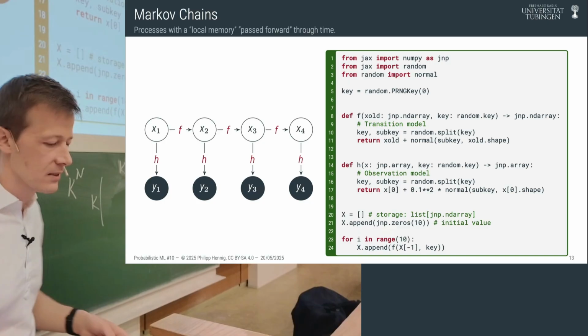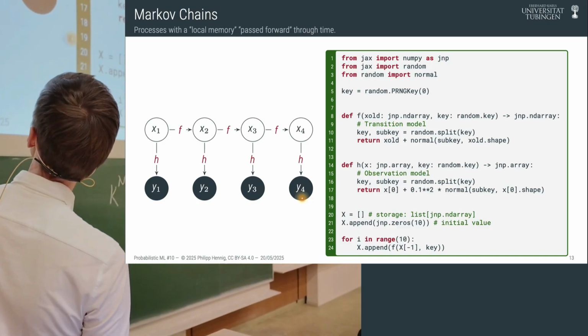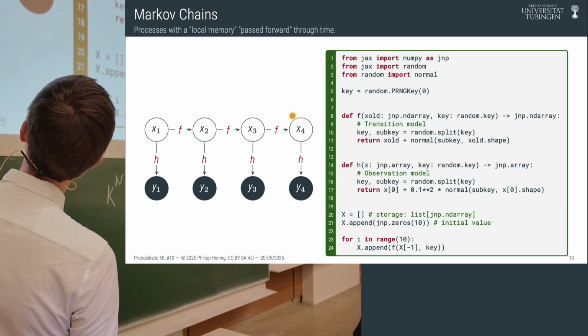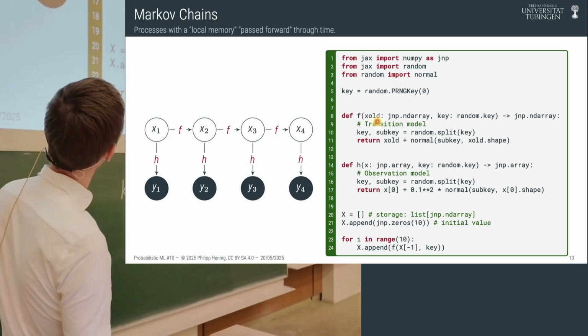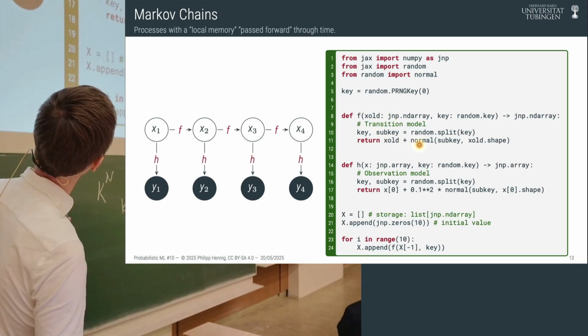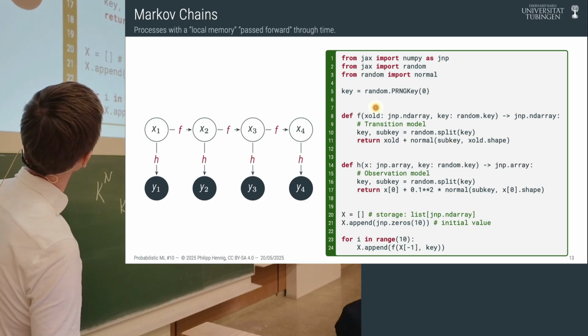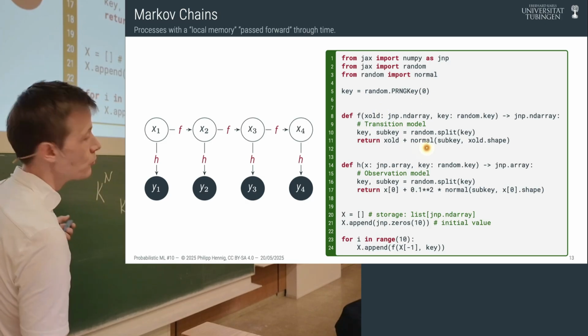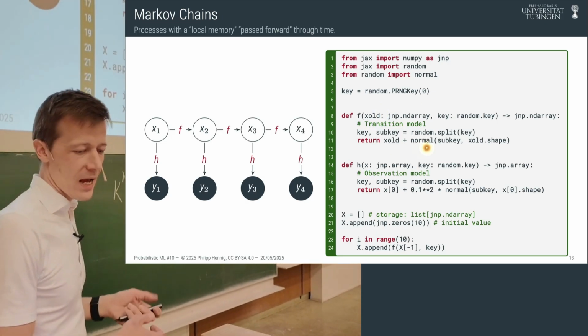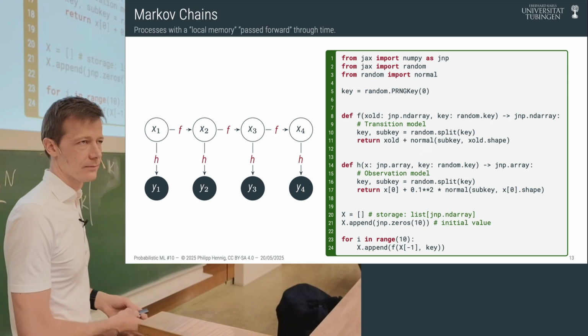So that means in code, there's going to be a function f that takes your current state and then returns the next state. So here's an example of such a function. It takes in an old state and a source of randomness, and then it produces a new state. And it does that by adding something to the old state.